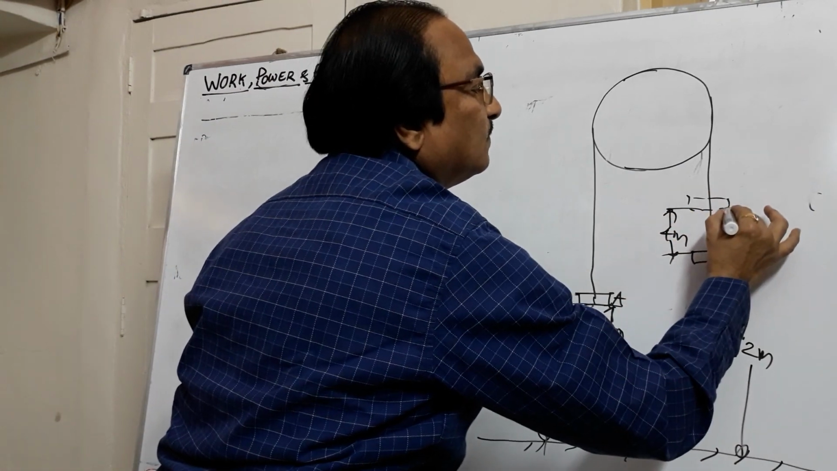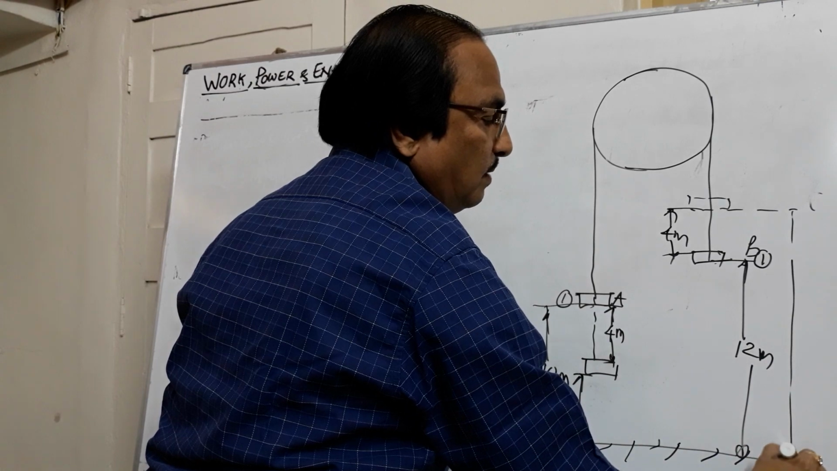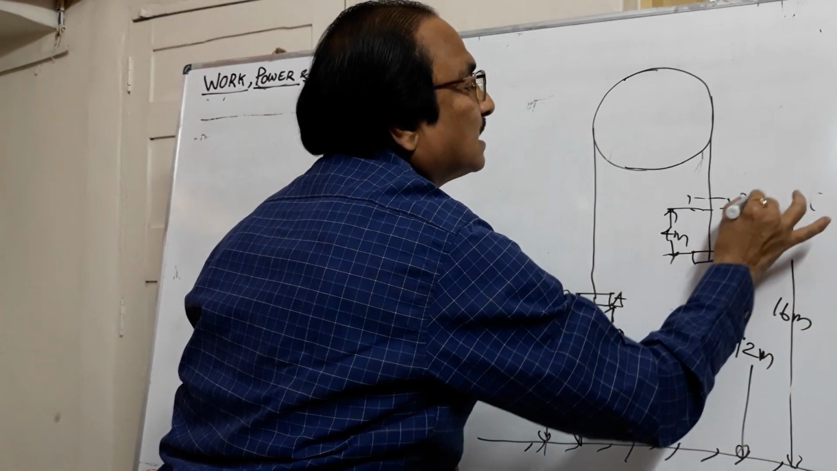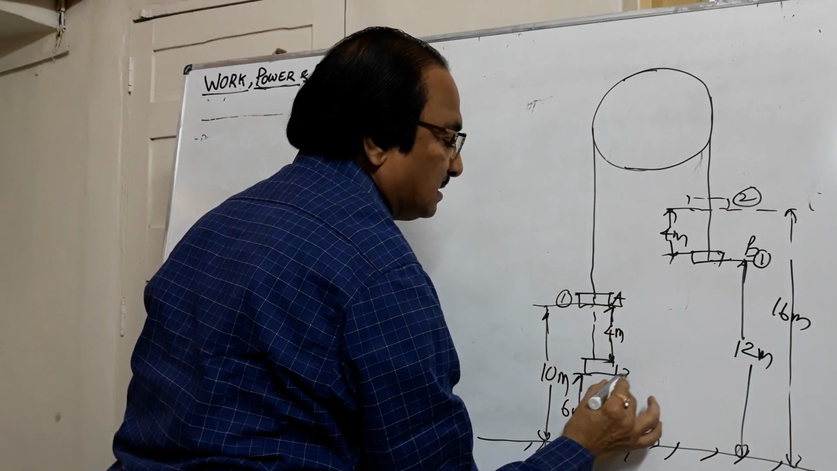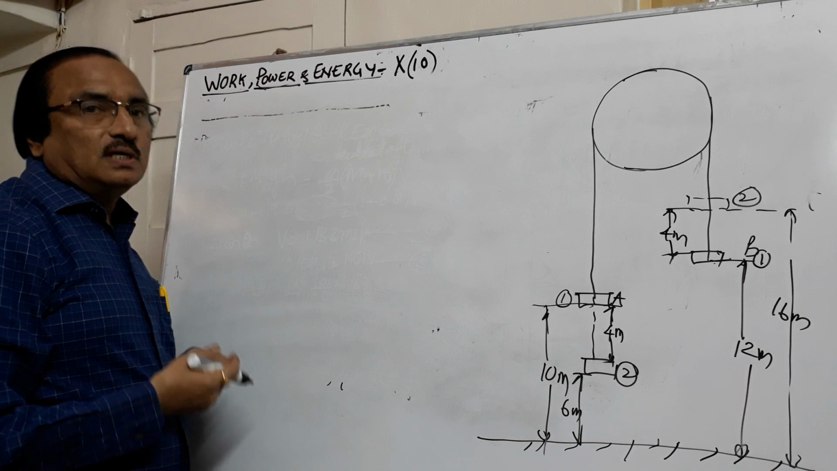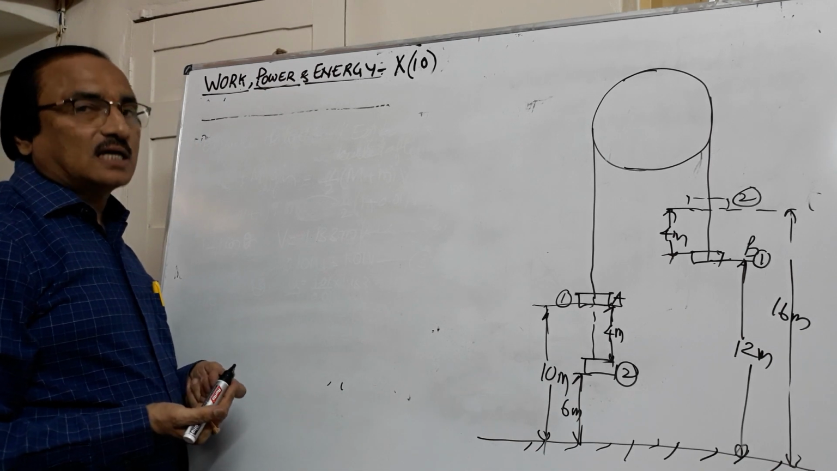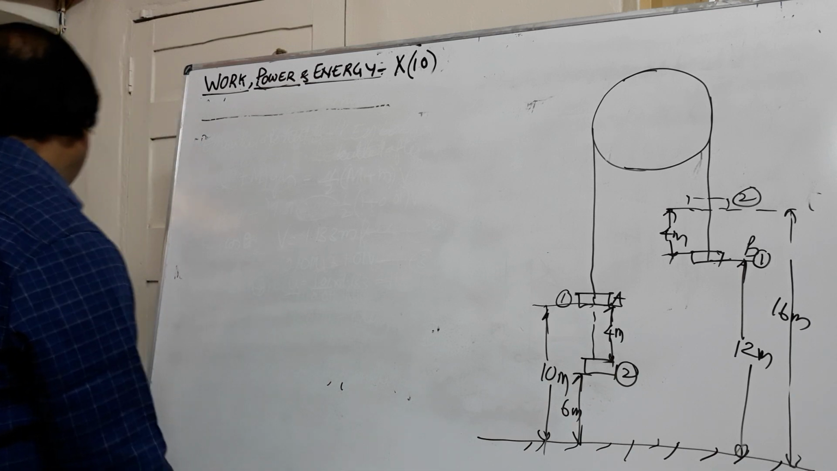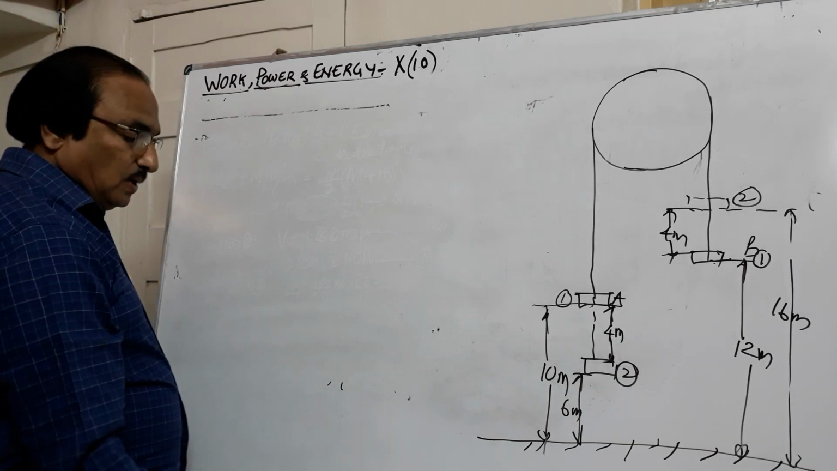So the position of this block now will be 12 plus 4, which is 16 meters. So this is the second position. Whatever energy is at the first position, the same energy will be there at the second position, according to the law of conservation of energy. If you simplify this problem, you get